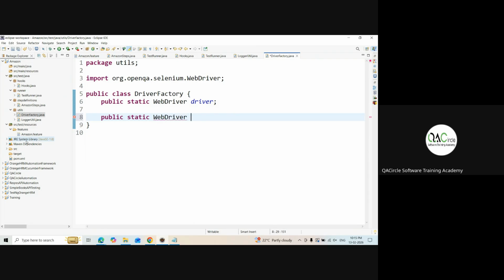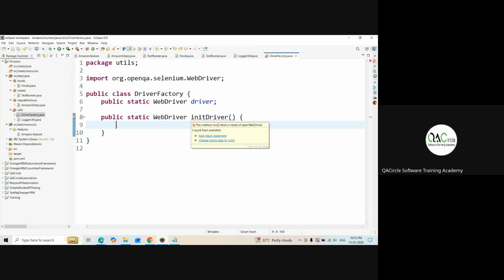Okay, this initDriver should have a return type. Add a return type driver. That's it. Here we have to write WebDriverManager